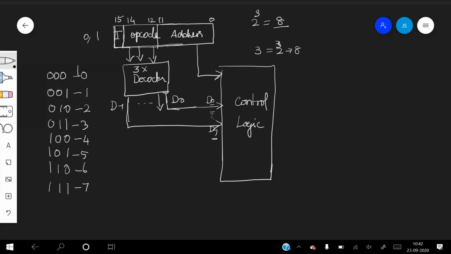This is D0, this is D1 and this output is D2. If the opcode is 0 1 0, that means D2, and the operation denoted by D2 is performed here. So the operation specified by the opcode in the instruction code is decoded by the 3 by 8 decoder and given as output. The 8 outputs are given to the control logic for performing the operations.